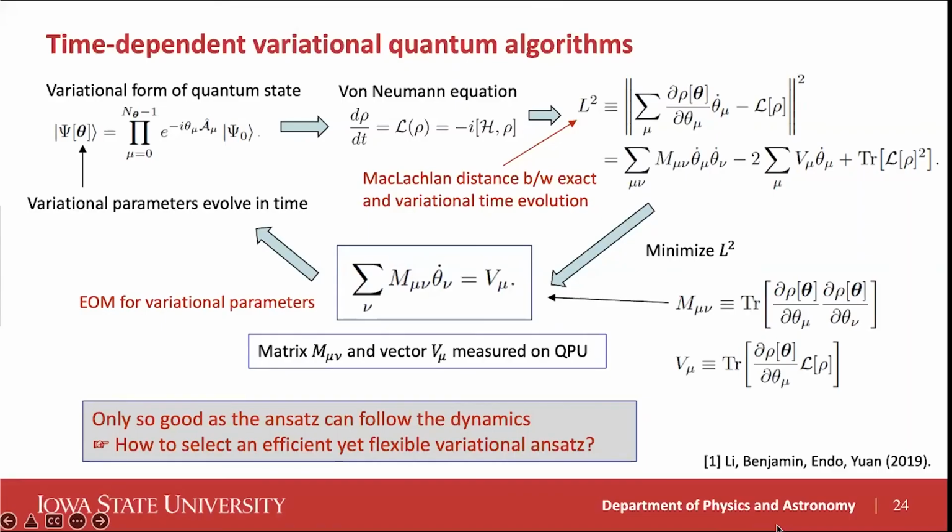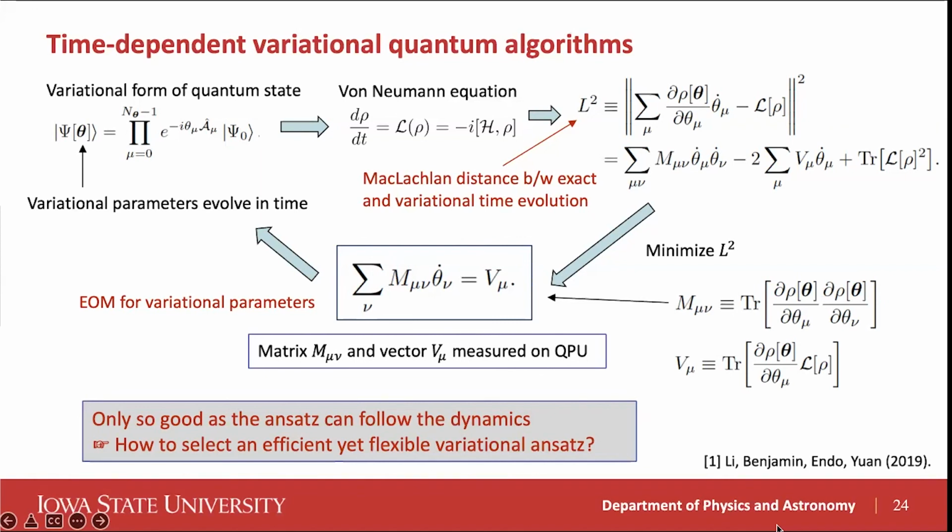Okay, so to summarize, let me have one summary slide here, which I think is nice. Then we'll take 1 minute, and this is what I just talked about. Here is a summary of these variational algorithms again. This is now for regular real-time evolution, but other than that, it's very similar. So what's the idea? We start from a variational form of a quantum state, which you can think of as a parametrized quantum circuit. Here, these A mu's are Pauli operators, say. There could be something else, and these are just Pauli strings, and you select them, or as I said, you can adaptively generate them.